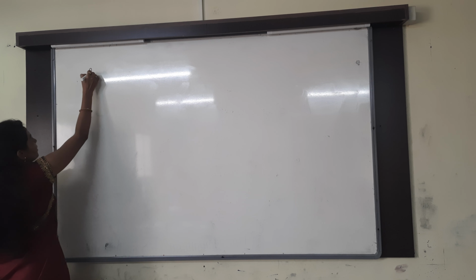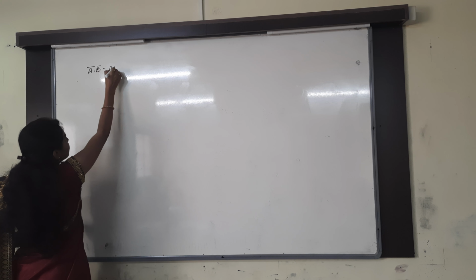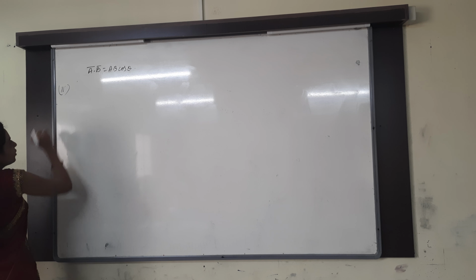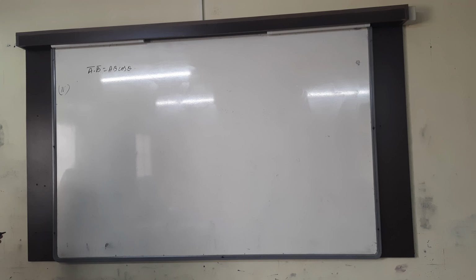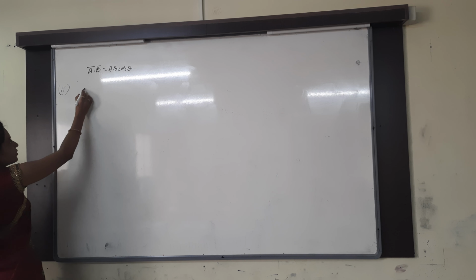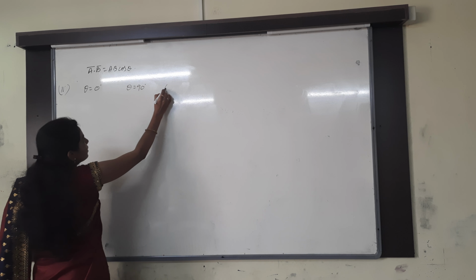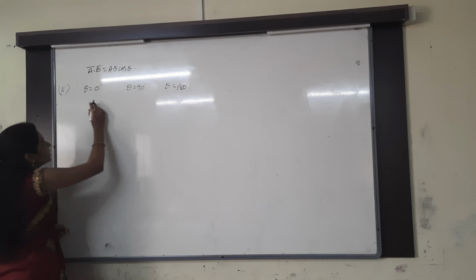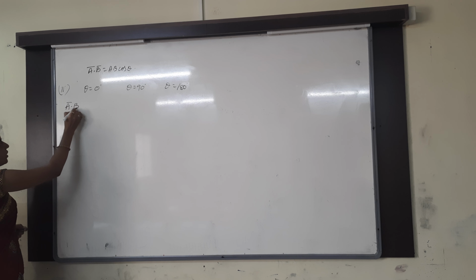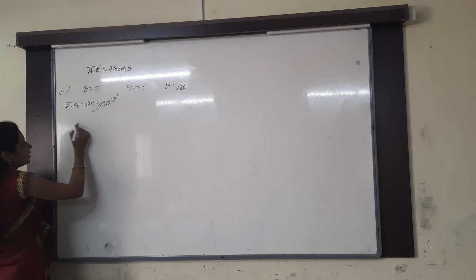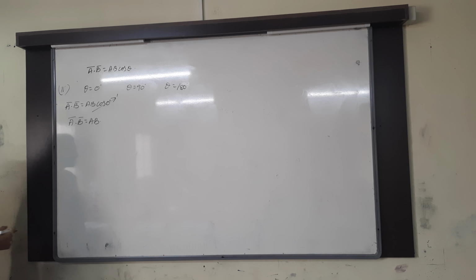Right, next properties. So we got that a bar dot b bar is equal to ab cos theta. Next property, I think 3 are finished. The fourth property: when this can be maximum and when this can be minimum. We will check at theta equals 0, theta equals 90 and theta equals 180. So theta equals 0: a bar dot b bar is equal to ab cos 0 degrees. Cos 0 is how much? 1. Then a bar dot b bar is equal to ab. That is the answer you will get.